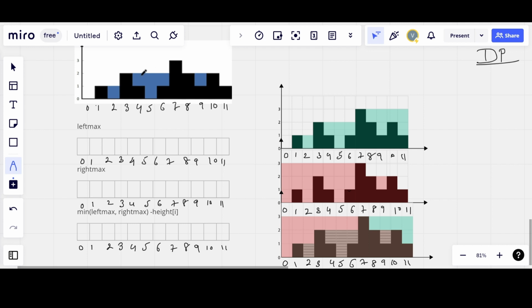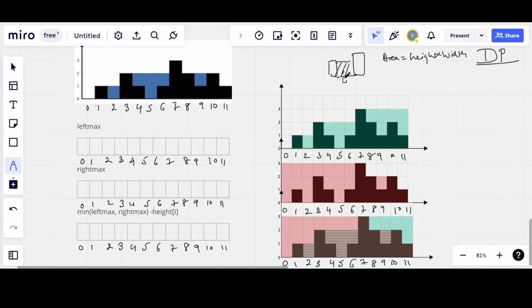So if we observe, at any index i, the bar on the left and the bar on the right will represent the height for the container that will store the amount of water at index i, right? So the amount of water stored at index i will be the area of that portion, which is nothing but height into width,